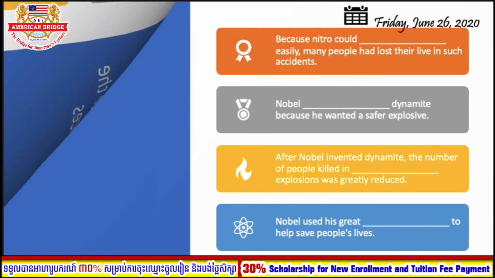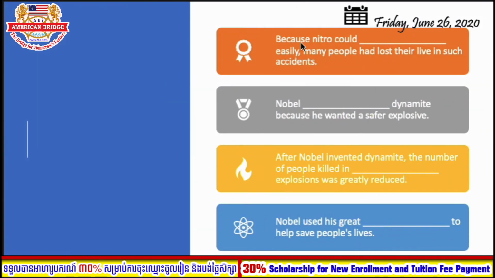There are another 4 sentences. Because nitro could explode easily, many people had lost their lives in such accidents. Okay, it is no purpose. Nobel invented dynamite because he wanted a safer explosive. After Nobel invented dynamite, the number of people killed in